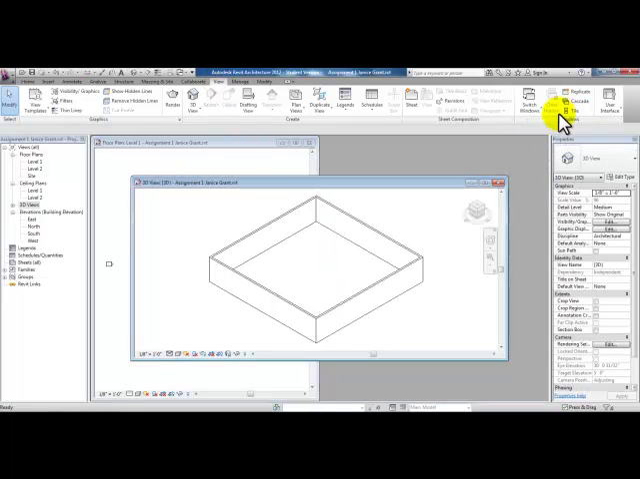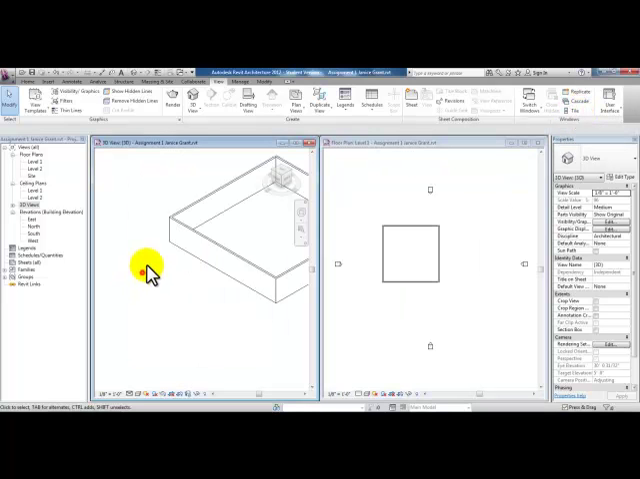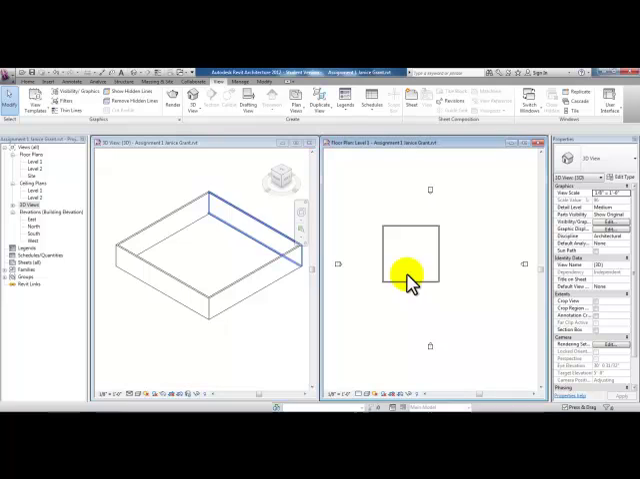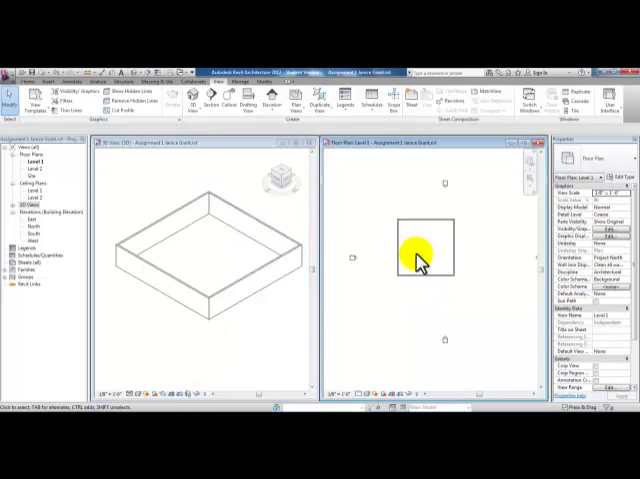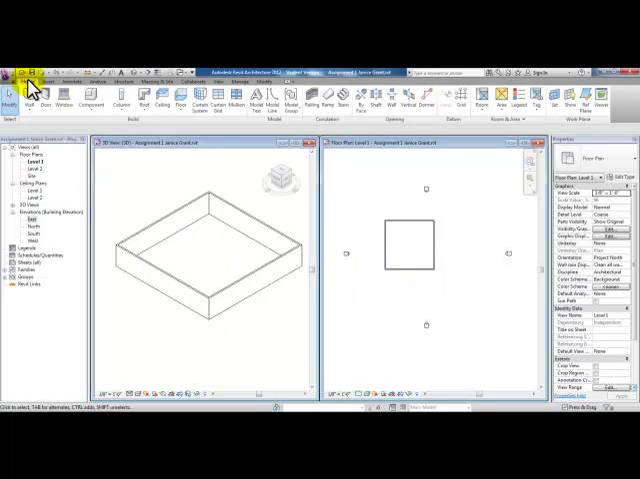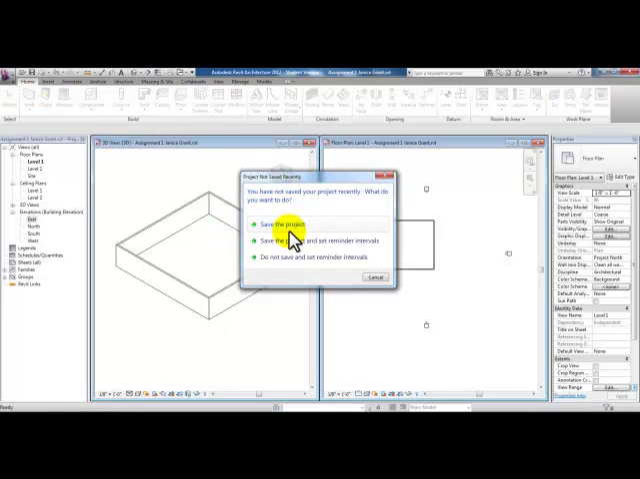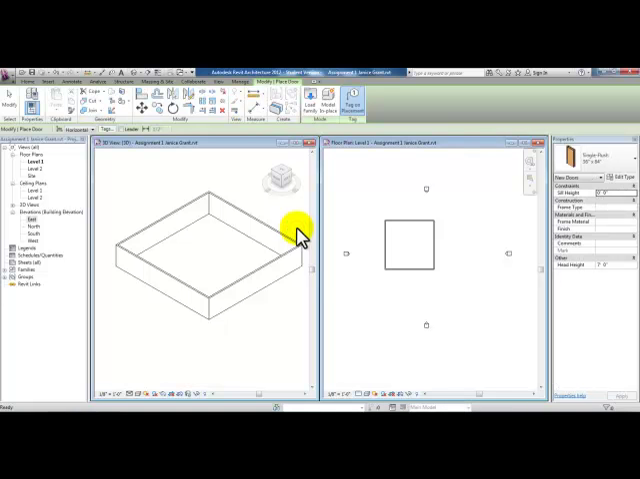In the View tab here under Windows, we can pick tile. So now what we have is the 3D view next to the floor plan view. If we pick in the floor plan view and then in the Home tab select door, you may be asked periodically to save the project. So I'll go ahead and pick save, and I picked the door icon,